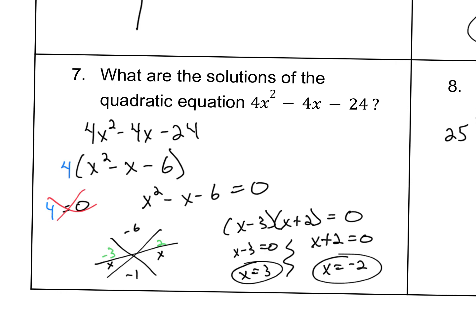We don't have to worry about that. But the x squared minus x minus 6, we set that equal to 0, all right? Well, to solve this, what we're going to do is factor this part right here. That's where we use our x